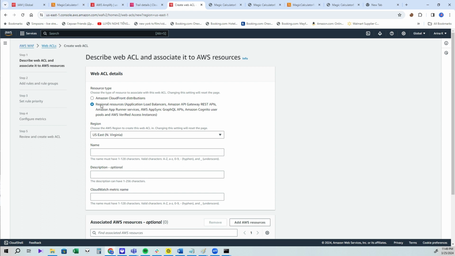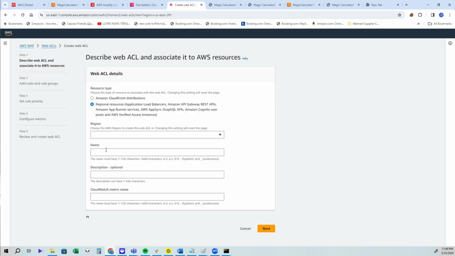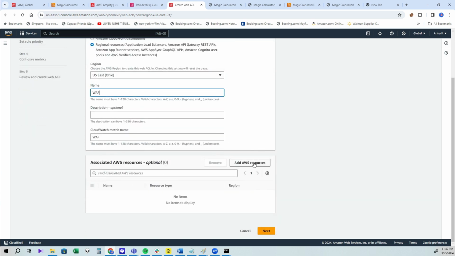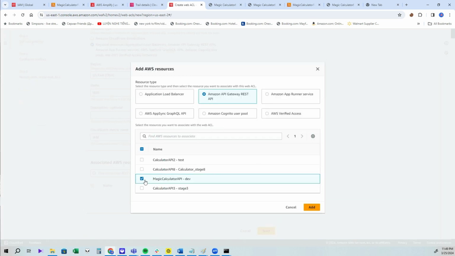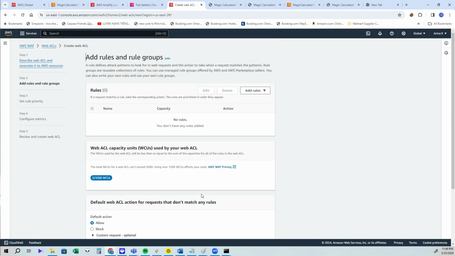And for resource type, we're going to choose regional resources, like we have API Gateway, and we need to choose Ohio because our web application lives in the Ohio region. Name, simple WAF, no description, and then add the resources, Magic Calculator, add, then click on next, add rules,